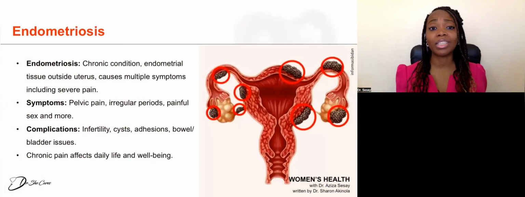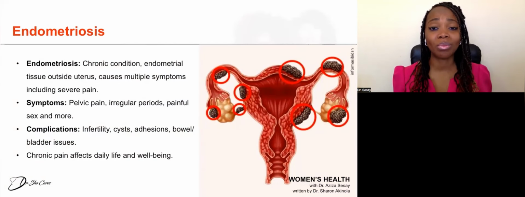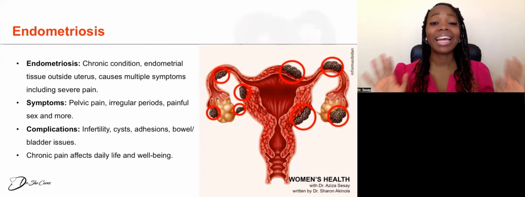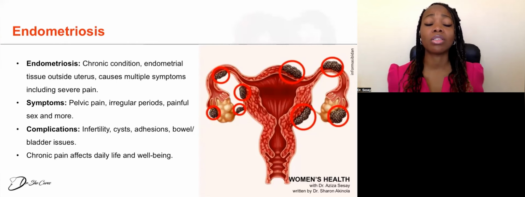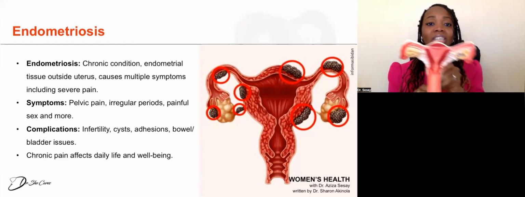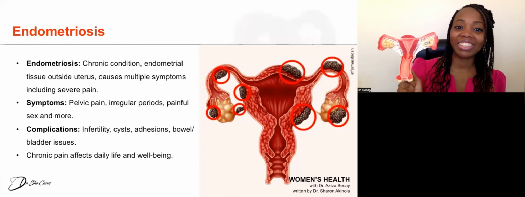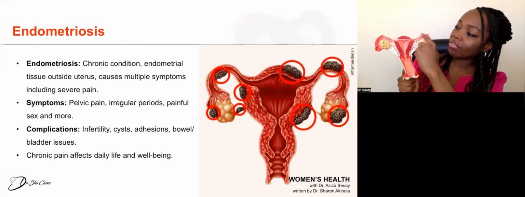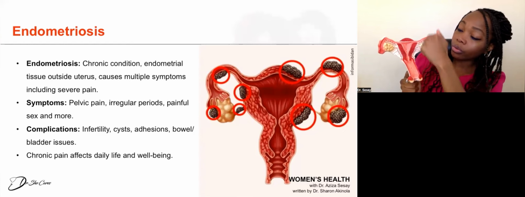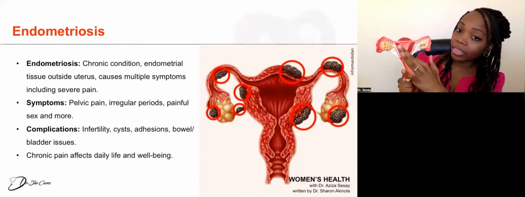Okay, so we're going to get right to it. Endometriosis. What is endometriosis? Before I start on every single condition, I want to make sure that you have the basics, okay? Anatomy. I want to quickly run through the gynecological anatomy, and then I'll talk through the condition so it makes more sense. So this is the internal gynecological anatomy. This is a model of it. We have ovaries on either side, fallopian tubes, the uterus or the womb, the cervix, which is the neck of the womb,